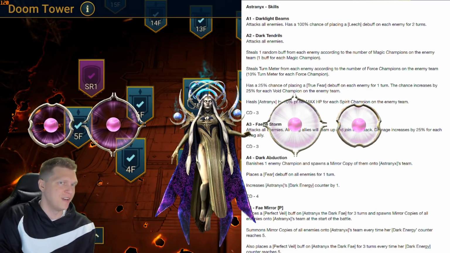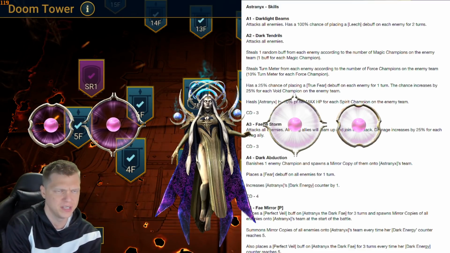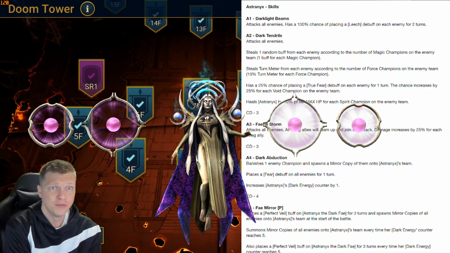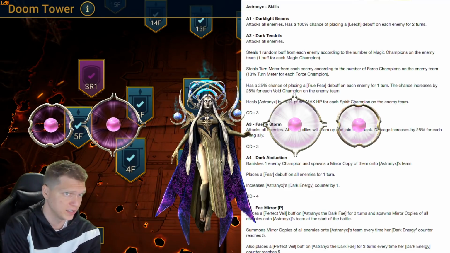So we're gonna get different effects based on the affinity of the enemy. Okay, for each force on the enemy team, 10% for each force champion, 25% chance of placing a true fear debuff for 1 turn for each void. Okay, and it increases by